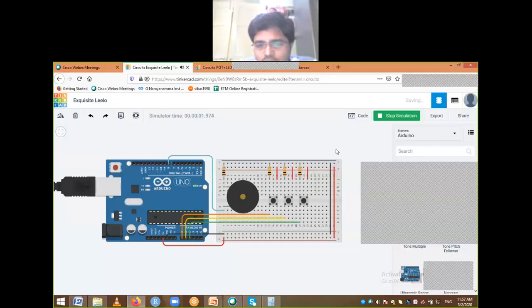Okay. So if I give some time gap between these presses, you can recognize what sound it's making.